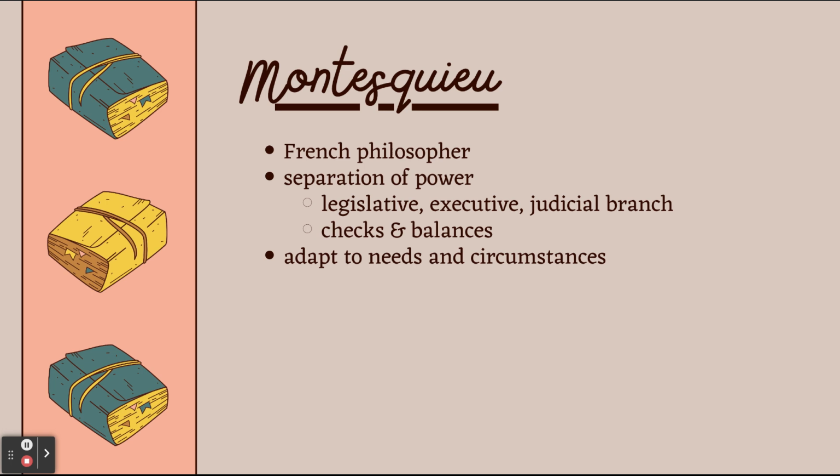Within the United States, this is defined as the legislative branch representing the House of Representatives and the Senate, which make up the Congress. The executive branch includes the president, the vice president, and the president's cabinet. The judicial branch is made up of the Supreme Court and other federal courts and other government systems that may look a little bit different.